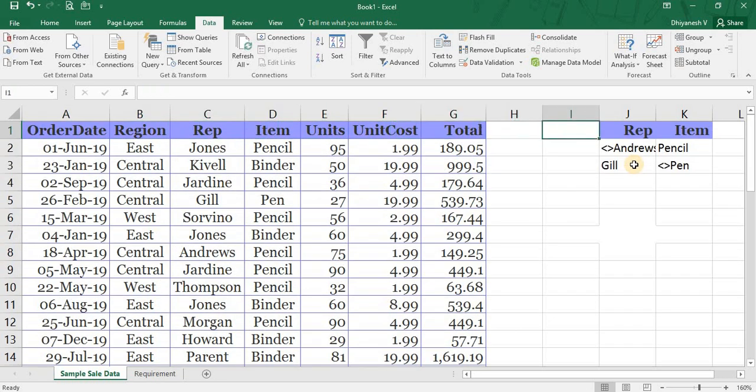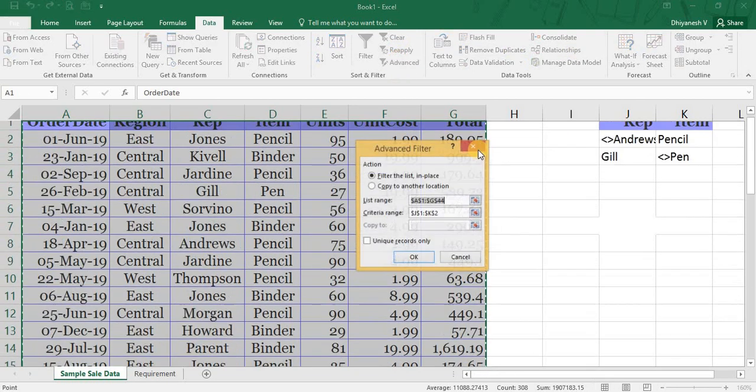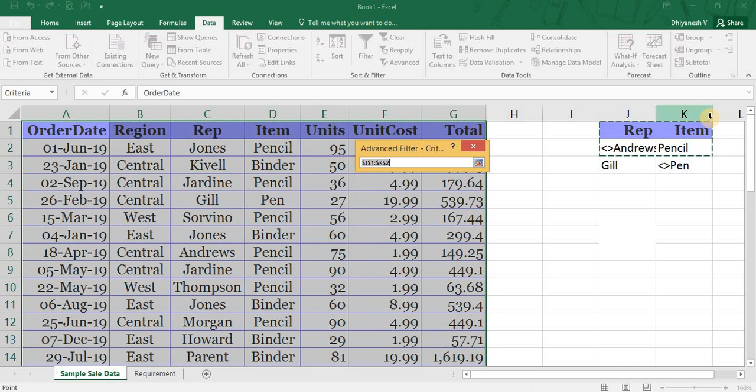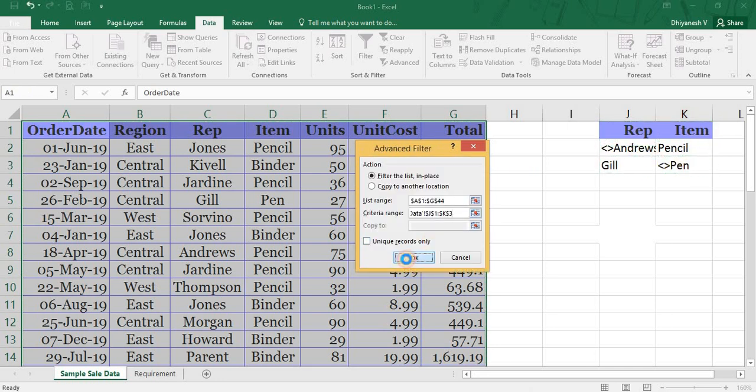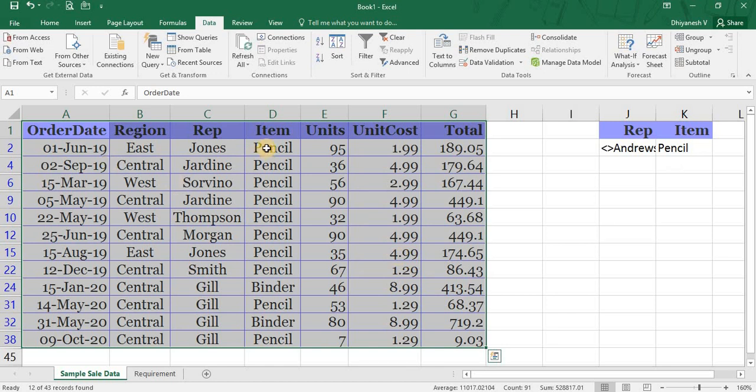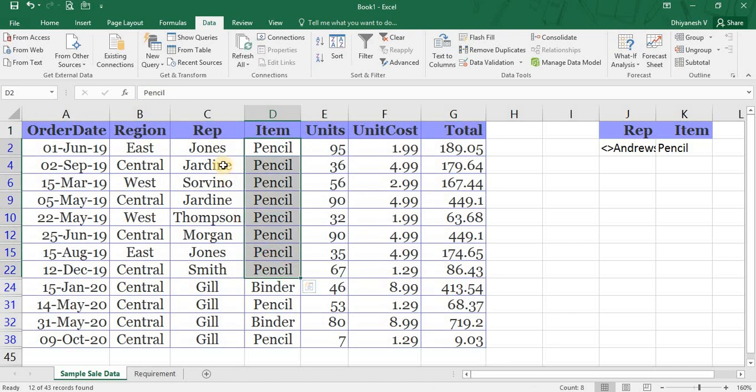So I am asking to filter every GIL transaction, but not the pens sold by him, and every pencil transaction which is not sold by Mr. Andrews. So go to advanced filter, select the list range, select the criteria range, and then OK. So you can see every pencil transaction of other persons and every GIL transaction without a pen.